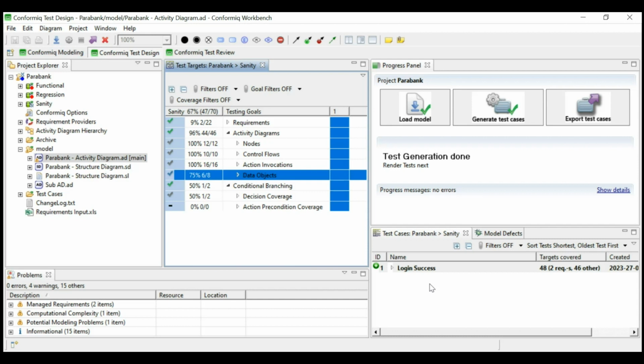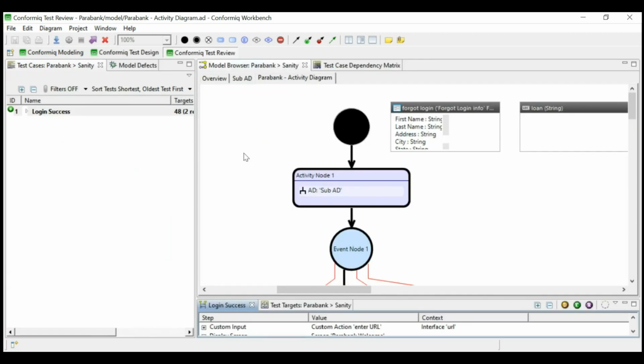So in this way, we can see that we can proceed with faster testing. We can reduce the overall testing process time, and the manual effort of creating a new project again and again, and the entire model flow itself gets reduced drastically. So coming to the confirming test review now, we can see that only, as mentioned earlier, one test case